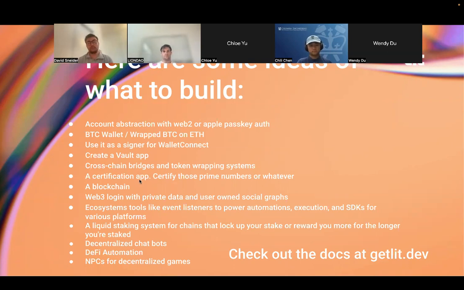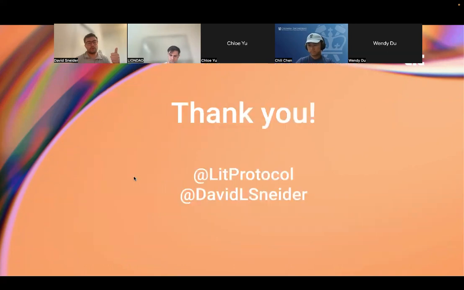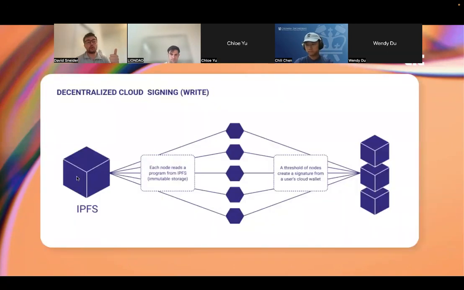We also have this capacity with this PKP, which is what we call the programmable key pair, this cloud signing capacity. There's the ability to do something that we call mint grant burn, which is the ability to mint one of these new cloud wallets, grant it authority to sign based on some program, and then burn the underlying controlling NFT. And what you functionally have there is an immutable cloud function.